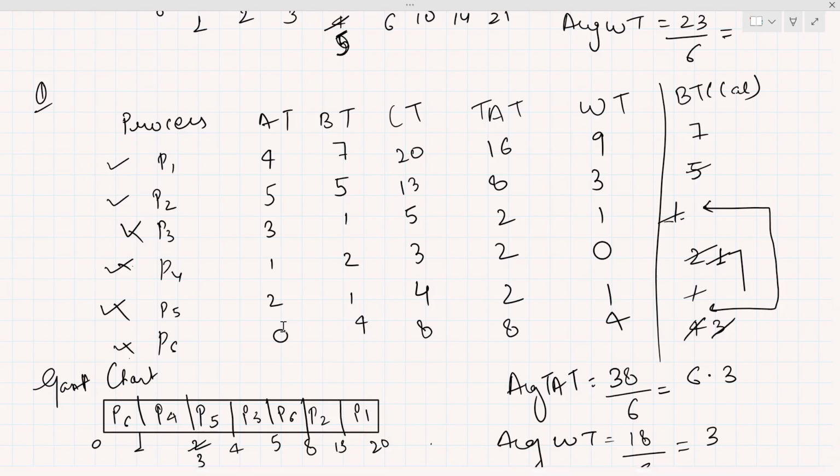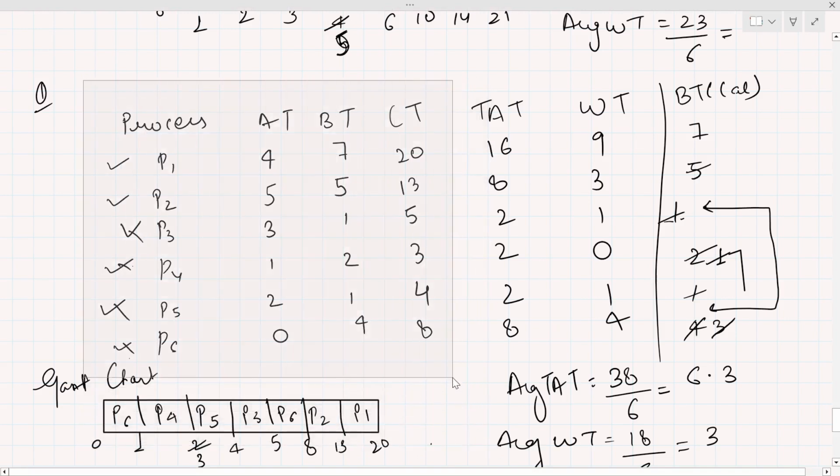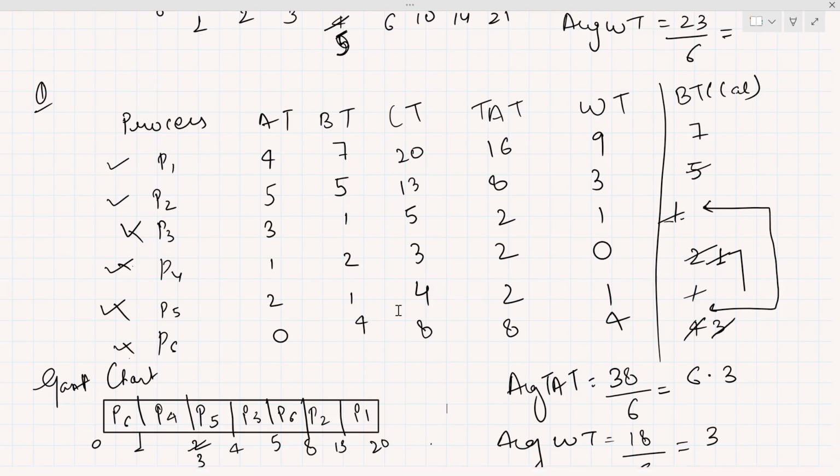So you have to think by yourself which scheduling algorithm we need to apply here. If nothing is given, then you have to use SRTF. And if the question says you have to solve this by a non-preemptive scheduling algorithm and find the minimum turnaround time and minimum waiting time,